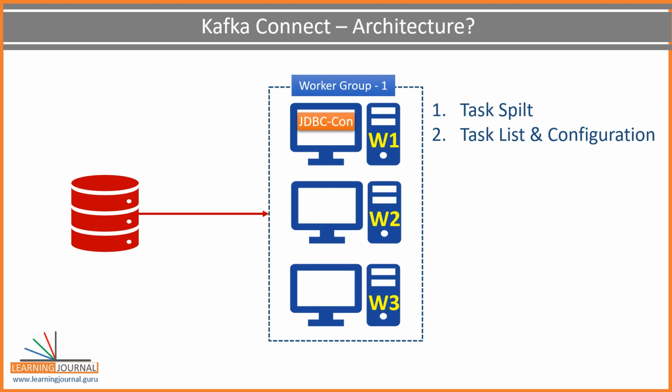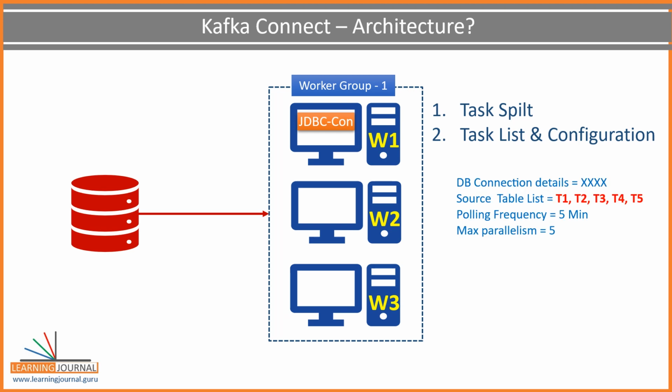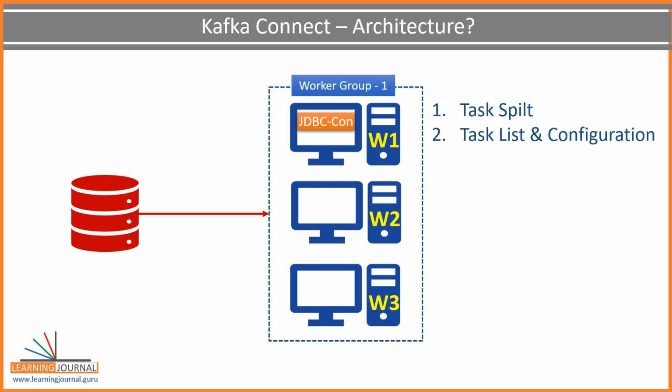For example, let's assume I wanted to ingest data from 5 tables. So I listed 5 tables in the configuration file and started the JDBC connector. Now it is quite natural for the connector to detect the splitting mechanism. 1 table per task, right? So the maximum number of parallelism is 5 in this case. However, the splitting logic for different source systems is written in the connector code and you give configuration options accordingly. So you must know your connector and configure it accordingly.